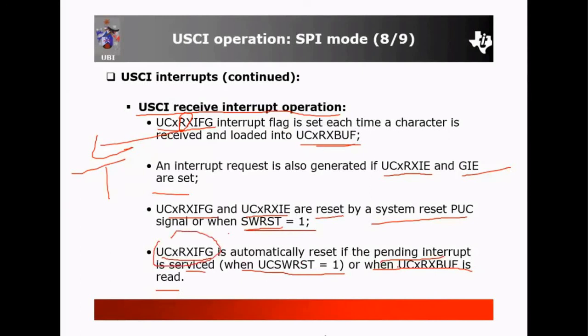Either you can service the pending interrupts, or the UCxRXBUF is read. It means that you can read the UCxRXBUF, so the data will be read by the receiver, or you can execute the pending interrupts.